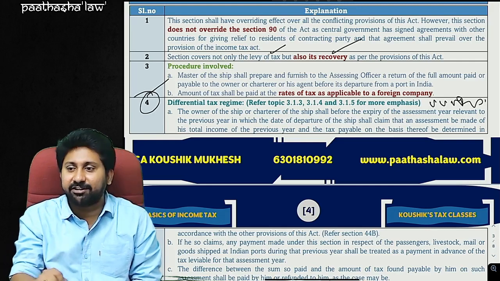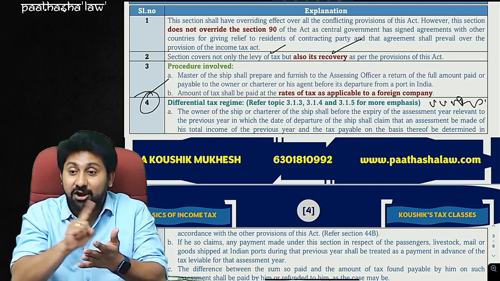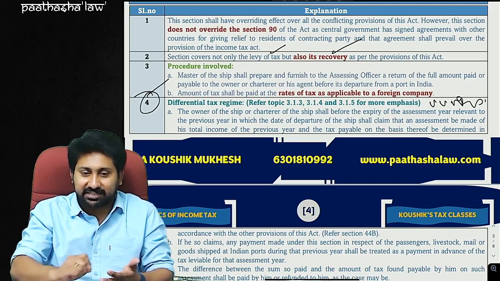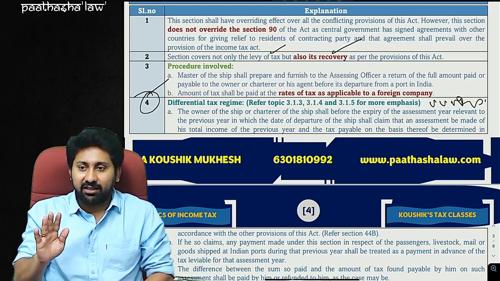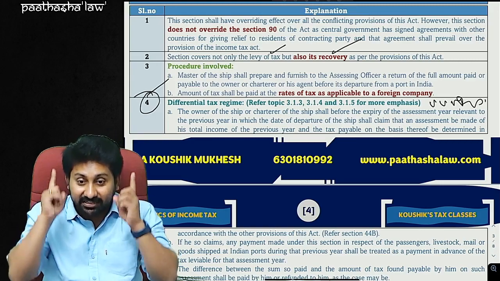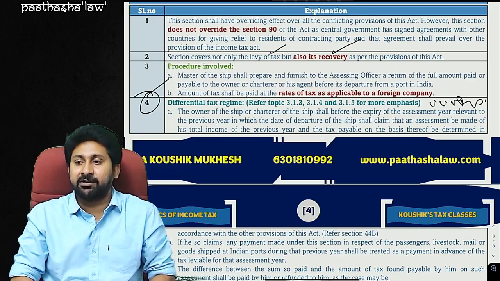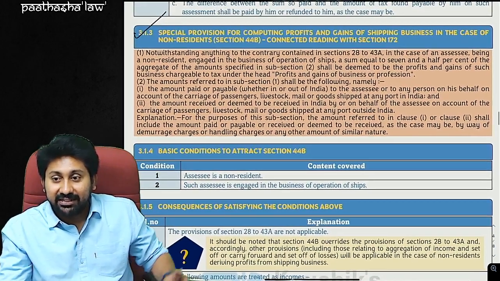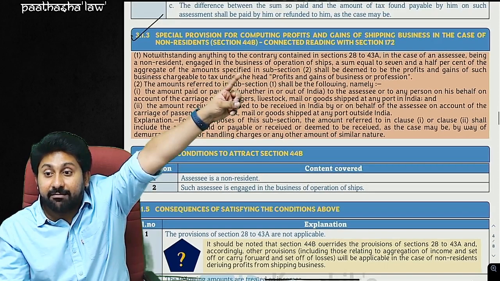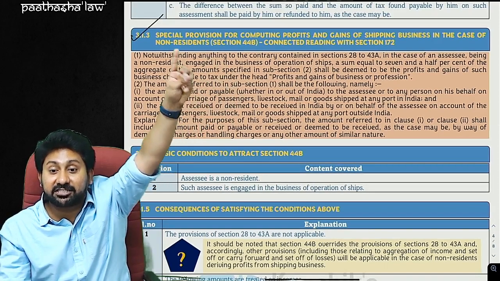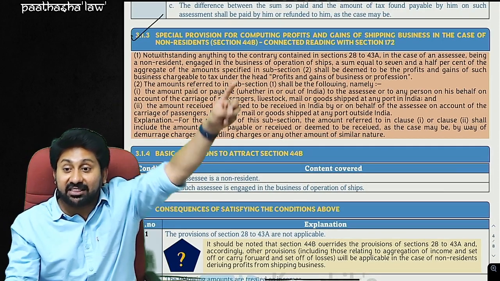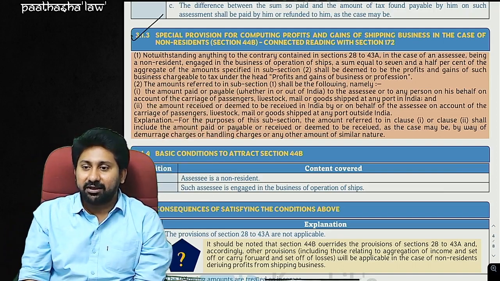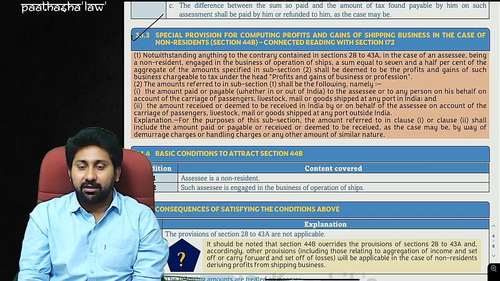The beauty of 172 is that it does not fall under any of the heads of income. It is not salary, it's not PGBP, etc. They don't call it in any way. It's just a presumptive tax regime. That's why 172 is a special provision. But in the 44B Bare Act, if you see, they clearly mention deemed to be the profits and gains of such business under the head PGBP. Like that they don't say in 172.